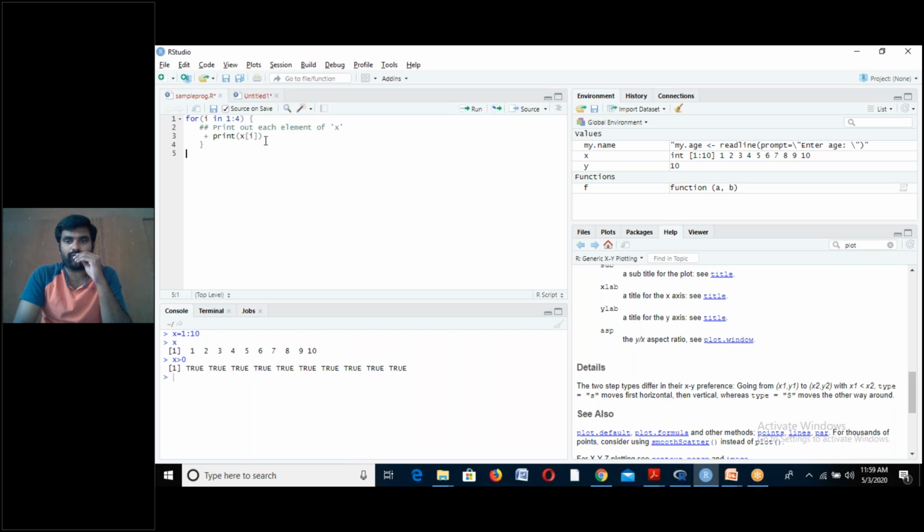Roll number 420, Malesh. As you asked, can we define x in the for loop instead of defining it separately? So now tell me, how do you want me to define x?